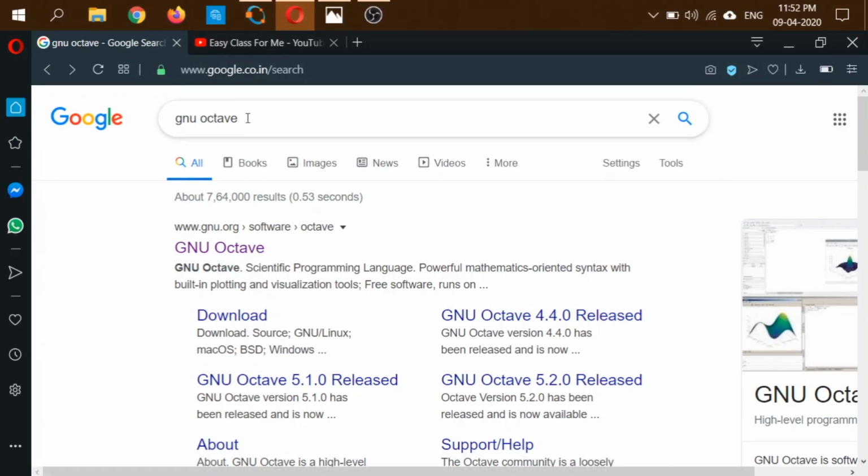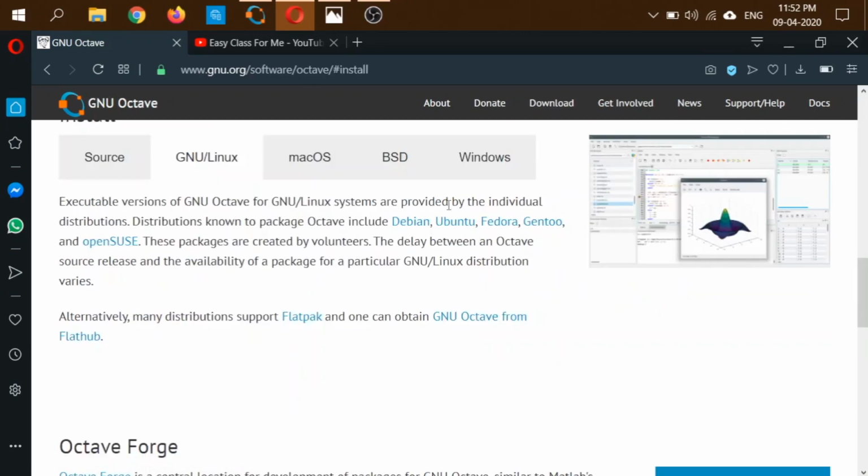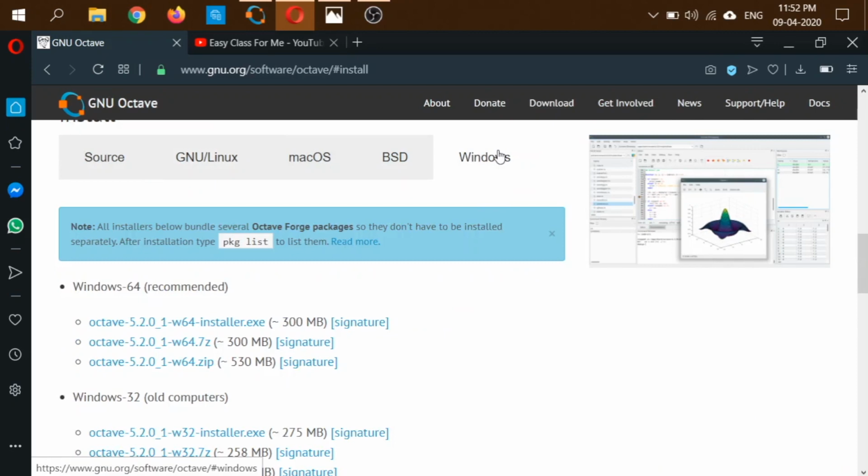So it is free of cost and you can use it for any purpose. So GNU Octave, you type on Google, and on the first link, if you click, the website will open, and here in the download tab you can just go and download that software. I'm using Windows operating system, so you can go to the Windows version, and here if you see, you have